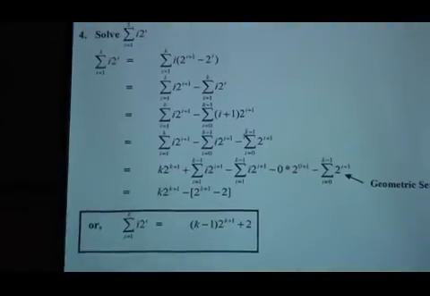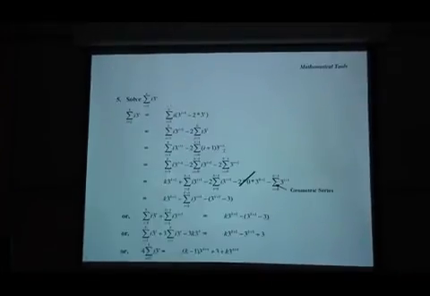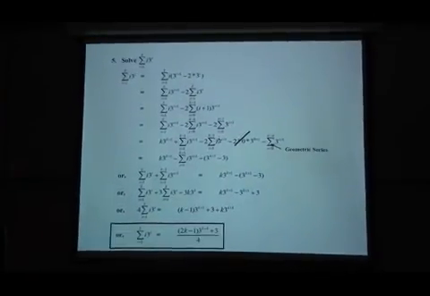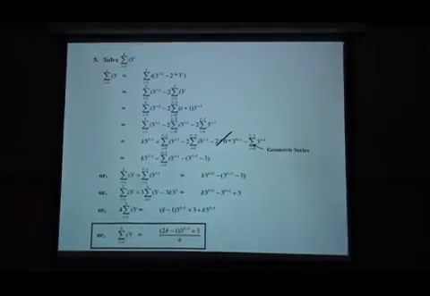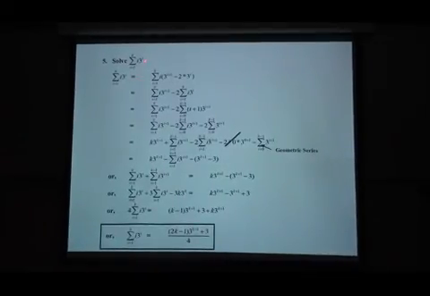And just in case you wanted to try this at home, I actually have one more that I thought you'd find fun. I'm not going to do it. This one is a little trickier, but it's the same thing. Still the telescope. The problem here is that 3 to the i is equal to 3 to the i plus 1, but you have to take 2 of 3 to the i, because it's 3 times that. This is 3 times more than this, so you've got to subtract twice the previous ones to make it balanced. So it makes it a little more complicated, but you still get the same telescope, everything simplified, and